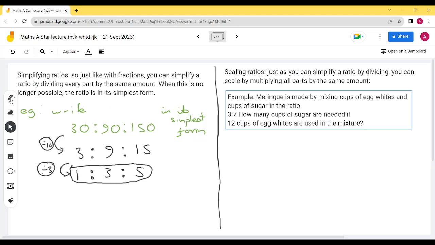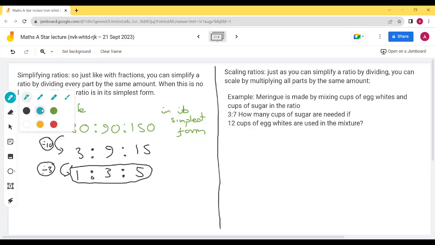So here we've got a ratio, and how I would answer a question like this is just setting up the ratio first of all. So we've got egg whites, we can put a W to S for sugar. We've got our original ratio, which is 3 to 7. But we know that egg whites is going to be 12 cups used. So we know we've gone from